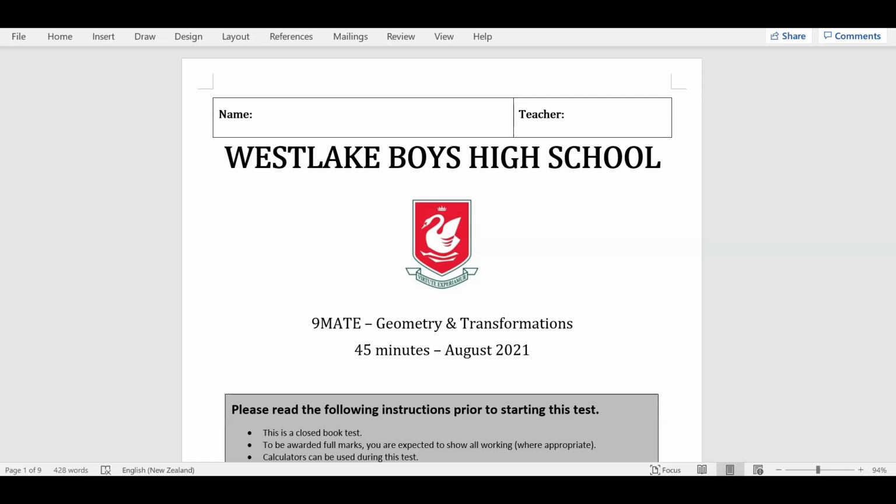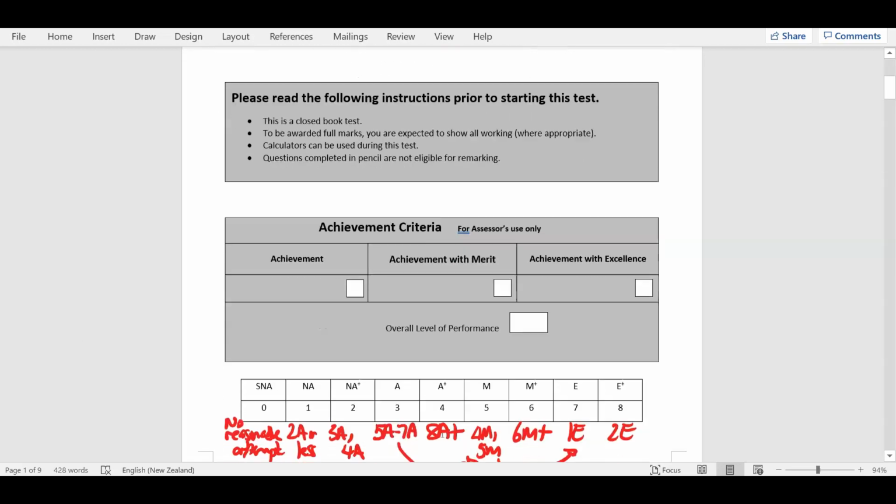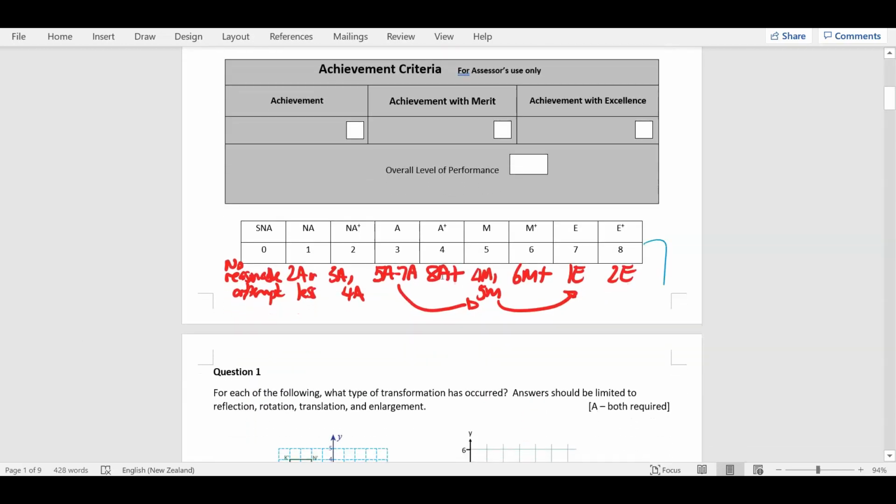Make sure you've got your test right next to you. Anything you got wrong, you need to update for, you need to understand, because everything we looked at in this topic may come up in our end of year exams in November, December. Okay, so let's get into our test. I'll get into the marking side of it down here at the end of the video, but let's get into